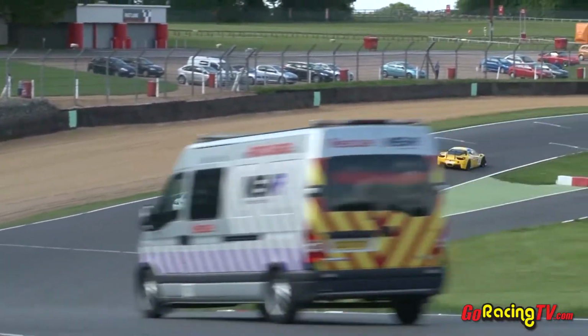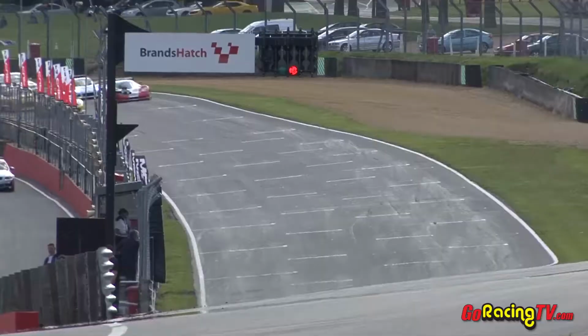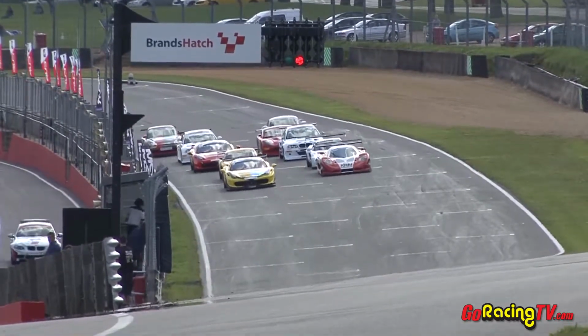Alex Martin will be mindful of what happened in the first sprint race, and you can see he's holding back really well here. He won't want to suffer the drive-through penalty. On his outside, Kevin Riley. Bob Berridge in the...